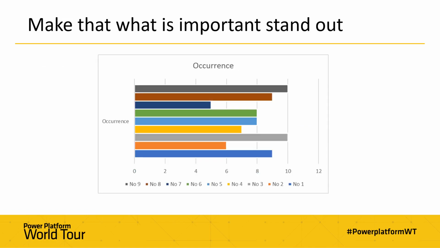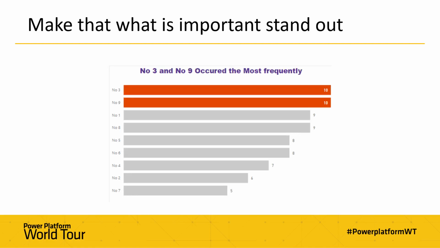And here we've made it a bit easier by aligning them all to the left, so they've all now got a common baseline. And again, now the top one and the bottom, the one third up and the top one. So we have to then cross-reference the legend. We can see that is number 9 and 3, although those greys make it a little bit difficult. That takes a bit of cognitive load to be able to get there.